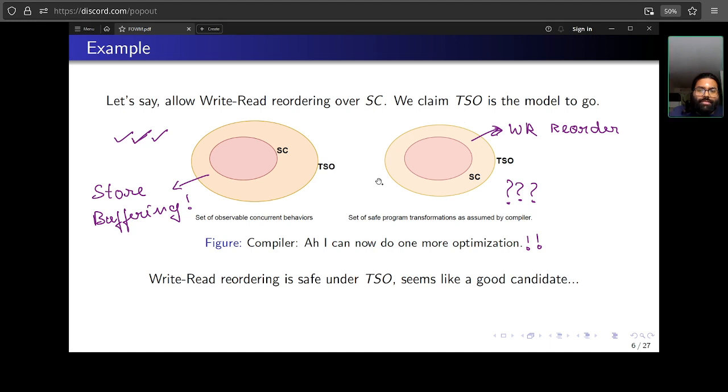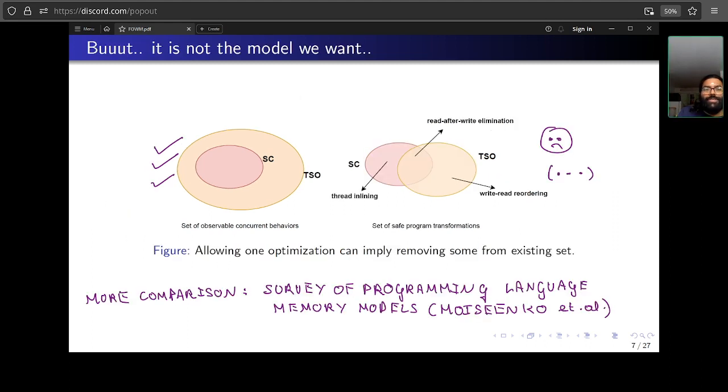We ask ourselves, do we have the same set relation when it comes to optimization? Let's say we reorder writes here. That's not the real picture.